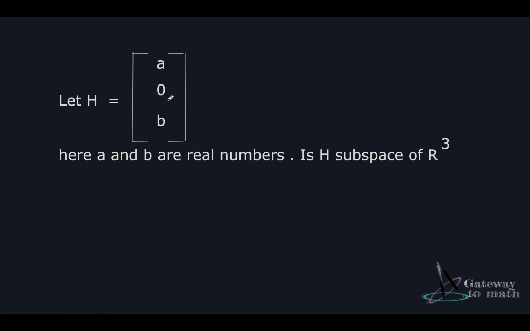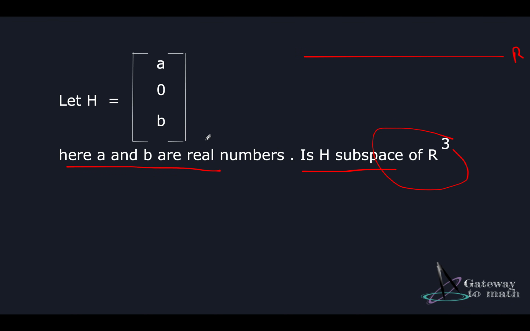Here I have a zero vector, so the first condition is satisfied. It's a real number, so let's assign a as 1 and b as 2. So 1 plus 2 is 3, which will also be a part of the real numbers. 2 minus 1 will be a real number. So all the four operations will still give real numbers, right? So it's closed under addition, and it's also closed under multiplication, because 1 multiplied by 1 is 1, which is a part of the real numbers, and 1 multiplied by 2 is also a part of the real numbers.